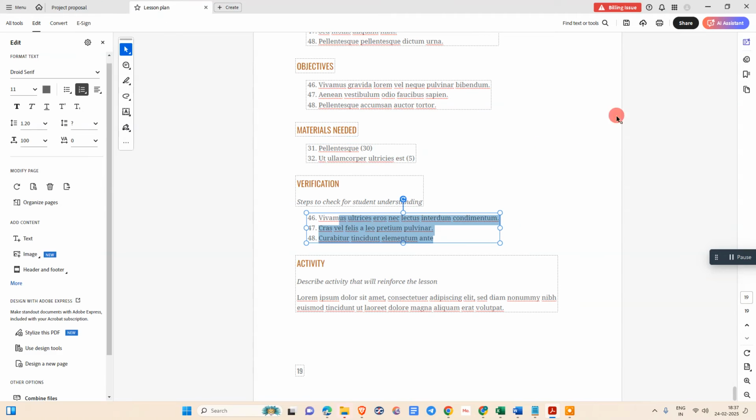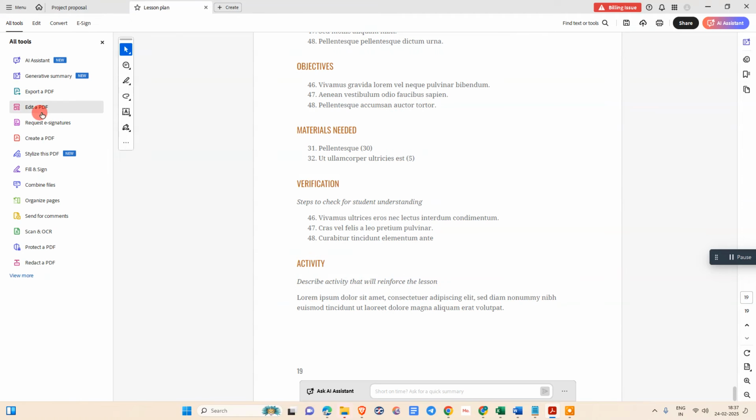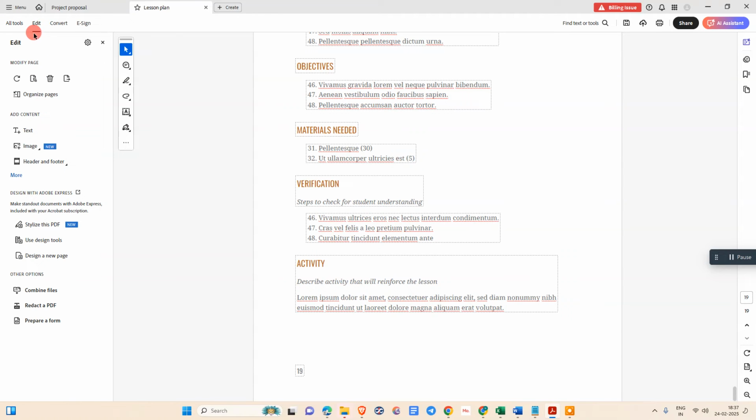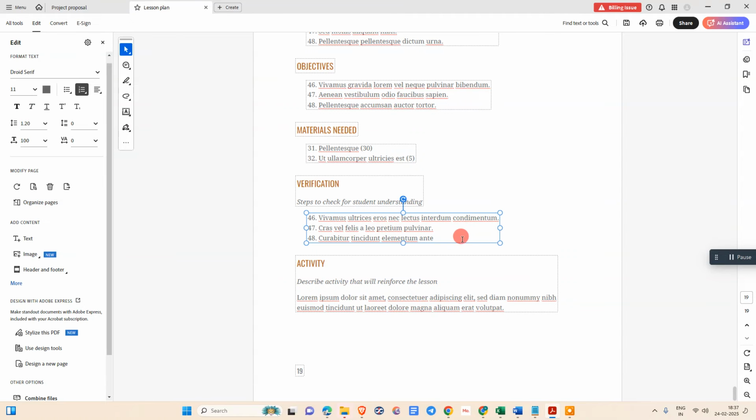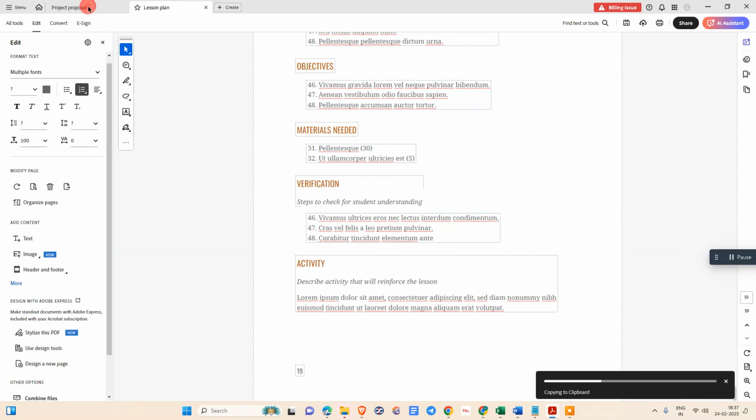So just select the PDF which you want to copy from. Now under the all tools we need to click on this edit PDF, then this edit option will be visible to you. Now select the element which you want to copy. Now select the data from there. You can also copy with formatting, okay, or you can simply right click on it, copy it, or you can copy with formatting. I just copy with formatting. Now come to the another